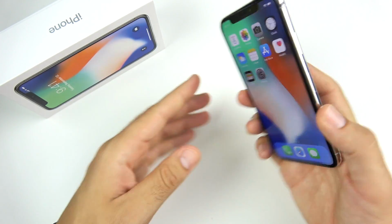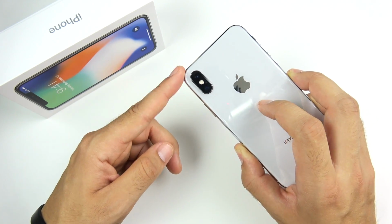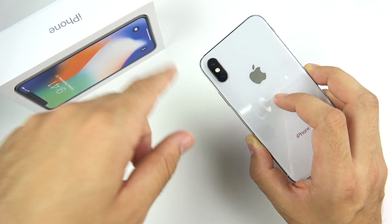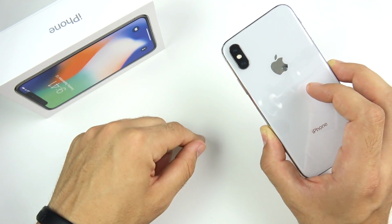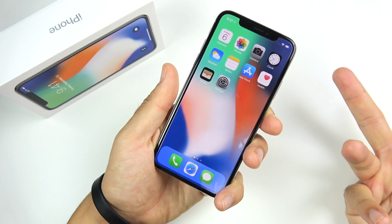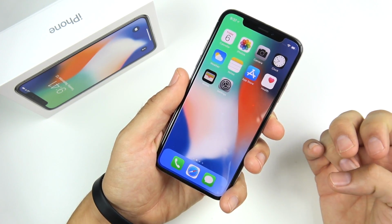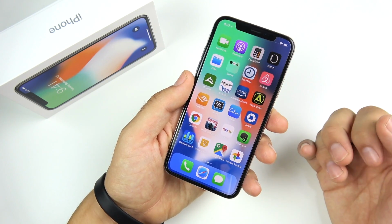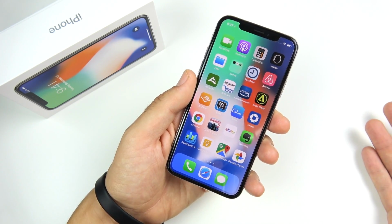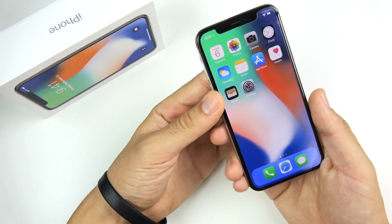So in conclusion, is the iPhone 10 worth your time right now? It's kind of hard to recommend this phone right now, considering how much you have to invest, $1,000, to buy this phone. And in just 2 months, there might be a phone that offers everything you need at $300 cheaper. So I don't think a lot of people are going to be buying an iPhone 10 right now, but it's kind of tricky because a lot of people have been saving up to buy an iPhone 10. They might be almost there or about to be there, but then they've got a month left until the new one comes out. So if you're that person, I definitely would recommend waiting,